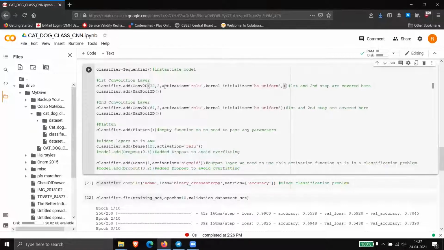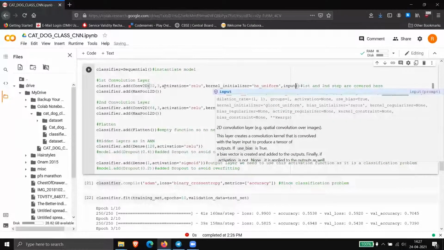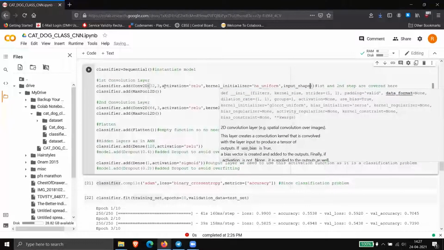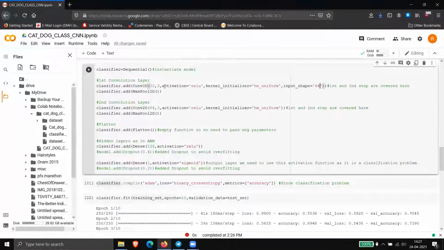This is for everyone, okay? And put input_shape equal to 64 comma 64, that is the shape you are taking, in a tuple, 64 comma 64 comma 3.